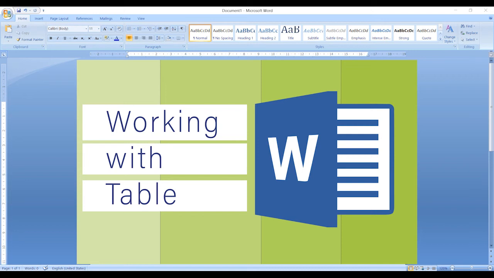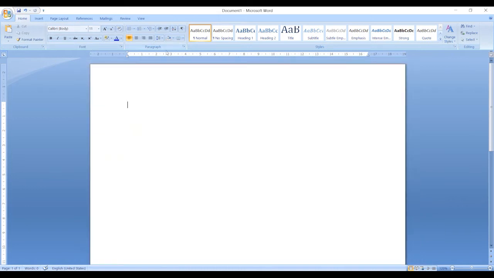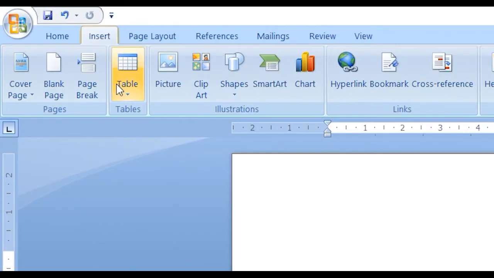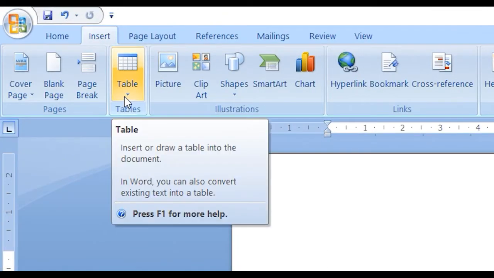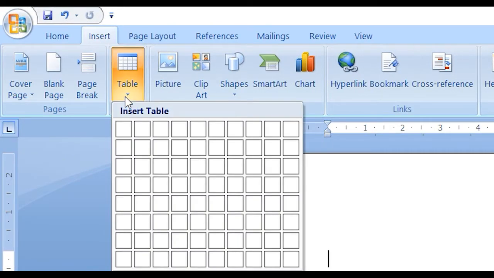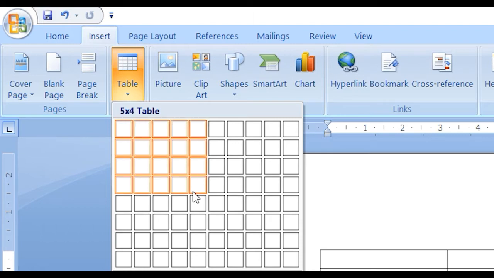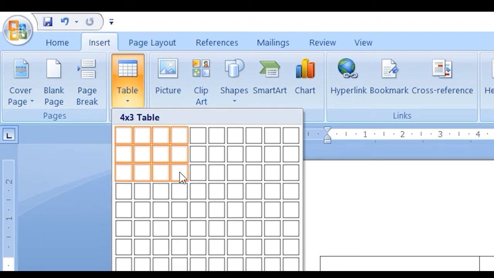One of the most important features of Microsoft Word is the table. We have learned the Home tab, which is about the font and paragraphs. After learning that, we'll go to Insert, and in Insert you have the Table. There are numerous ways that you can insert a table. In order to insert the table, the first step is to use this interface where you can select the number